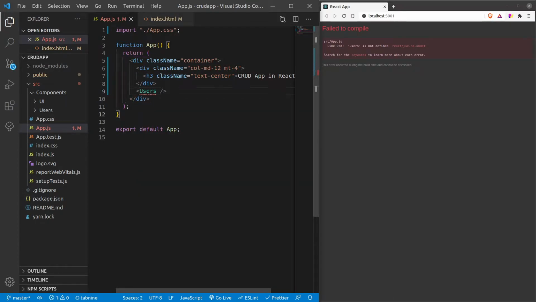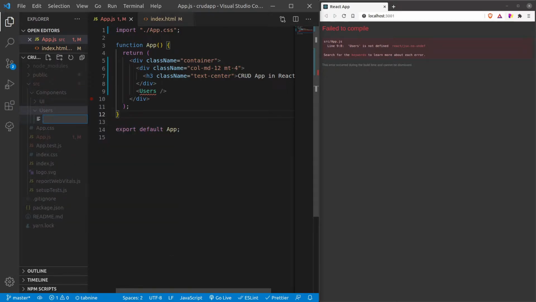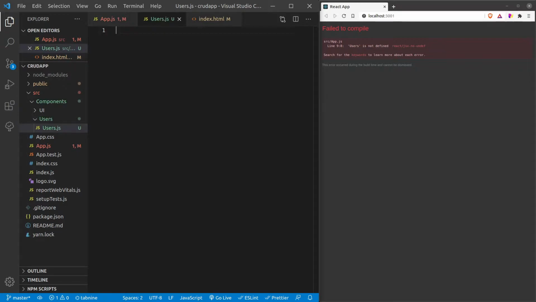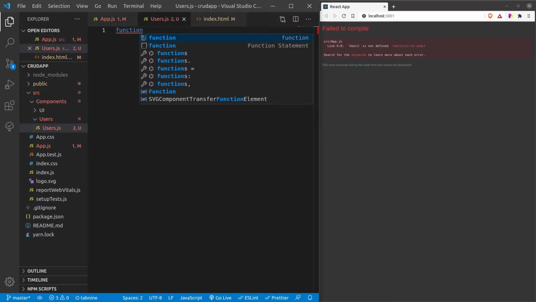Now it is giving the error because it is saying that users component is not available. They are right, it is not available. So now let's create a users component. Let me create another file called users.js, and here let's create a function users.